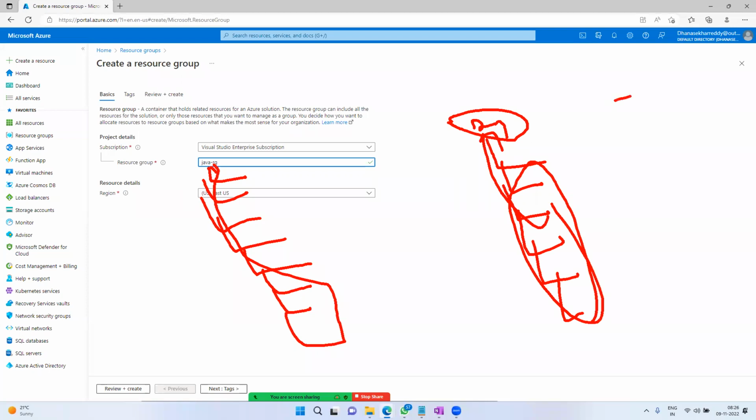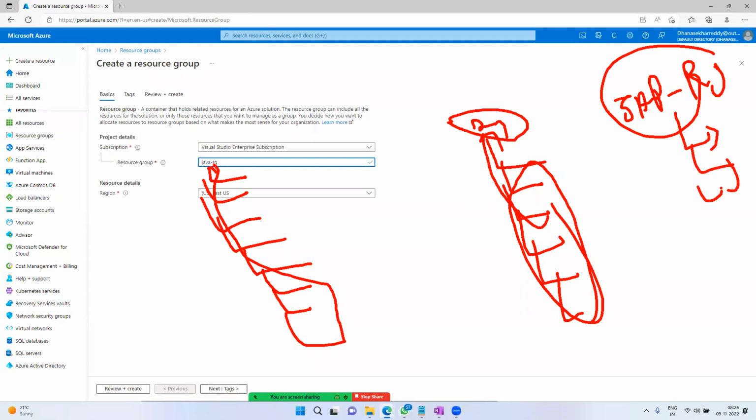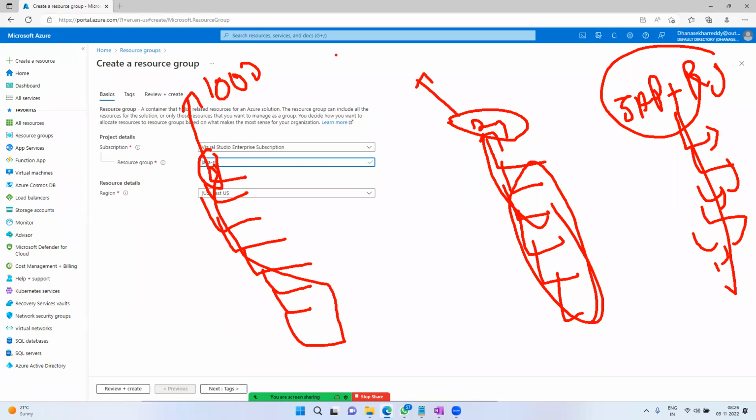After 10 days, you get an SAP project. So they will create SAP-RG, and under it SAP related server, storage, network, HANA database, anything, they will host under the SAP resource group. So finally they can track: Java project, they got $1,000. .NET project, they got $15,000. SAP project, they got $10,000. So finally, monthly billing, they have to pay a total of